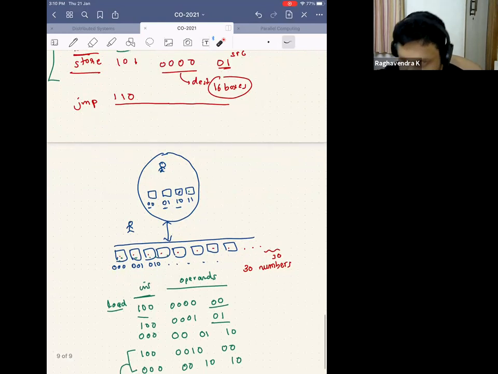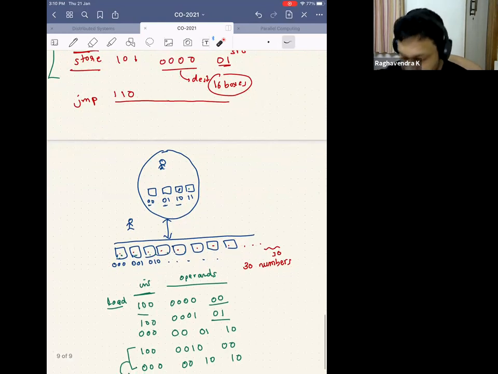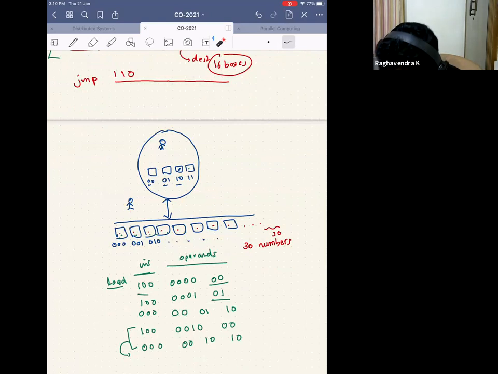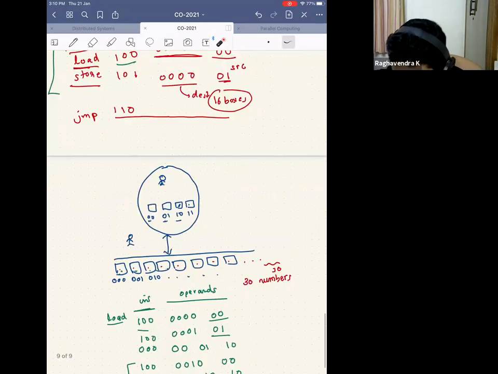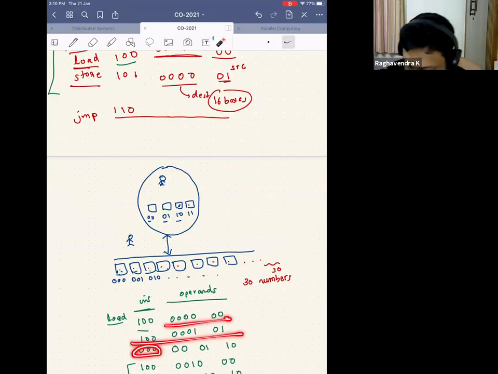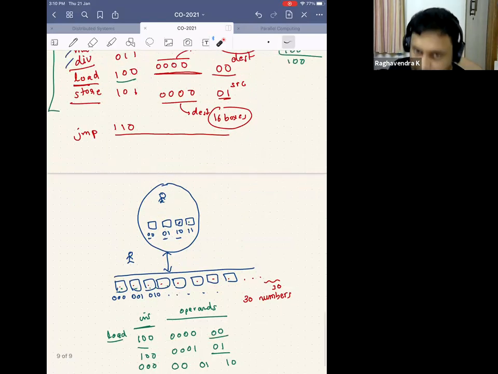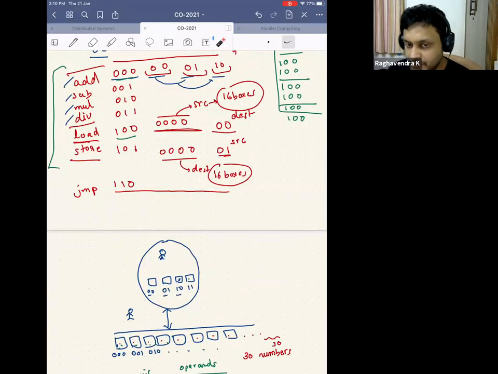But this guy does not understand an instruction called load, store, or anything of that sort. So I have to give it to him in binary numbers, because he understands only 1 or 0. So I am saying the load is mapped to 100. He understands somehow that if I say 100, he has to pass on that instruction to this girl, and this girl will do this copy. Right? So I have 100 followed by the operands, then another load, then this 00 somehow represents add. This is what I have come up with. You could have come up with something else. It's completely fine.